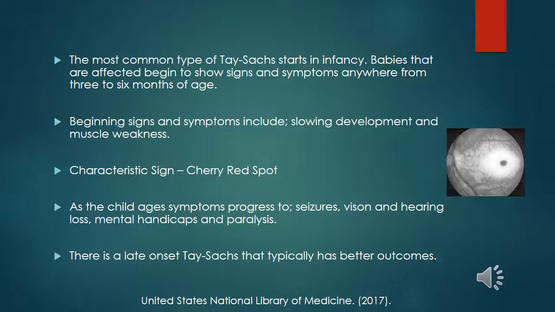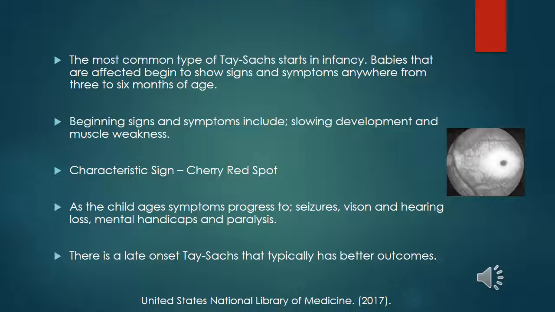The most common type of Tay Sachs starts in infancy. Babies that are affected begin to show signs and symptoms anywhere from 3 to 6 months old. At that time, signs and symptoms are general. Development starts to slow and muscles begin to weaken. Motor skills like turning over, sitting and crawling are slowly lost. A characteristic of this disorder is an eye abnormality called a cherry red spot, which can be found on an